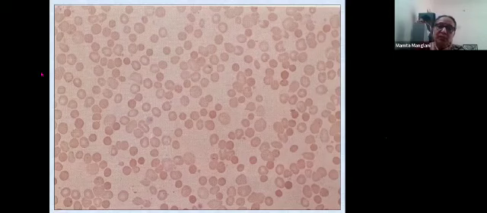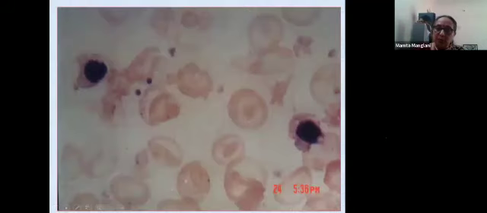This is a typical picture of thalassemia major or a homozygous hemoglobinopathy, where you have very bizarre looking RBC morphology with large cells, small cells, broken cells, target cells, schistocytes, and normoblasts. So this is the hallmark. Sometimes you also see good polychromasia in a thal intermedia. Here you can see normoblasts, polychromasia, and bizarre looking cells with broken cells.